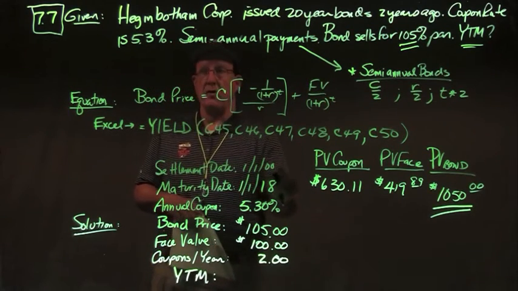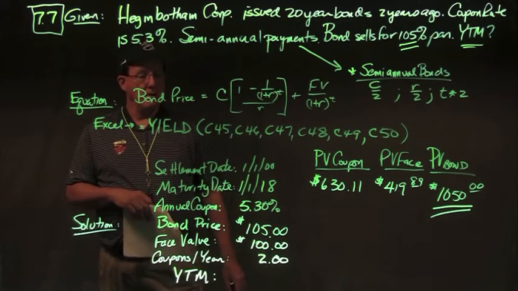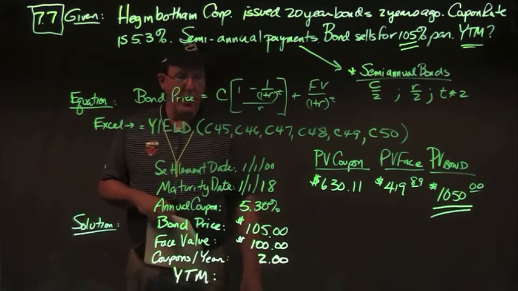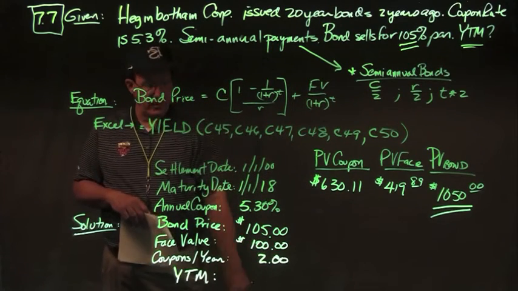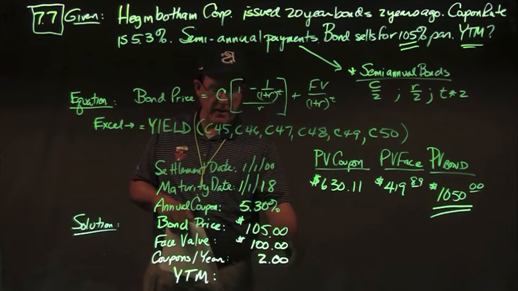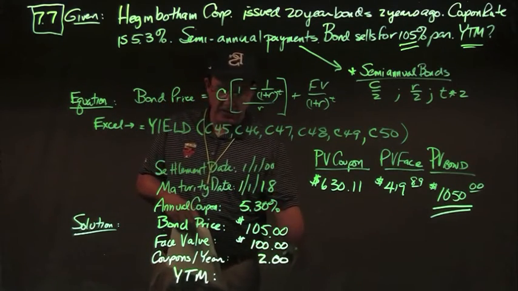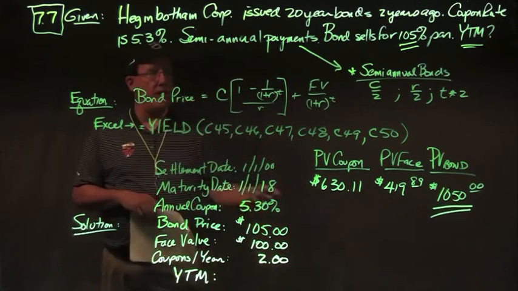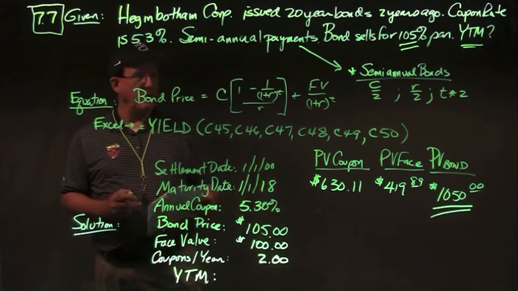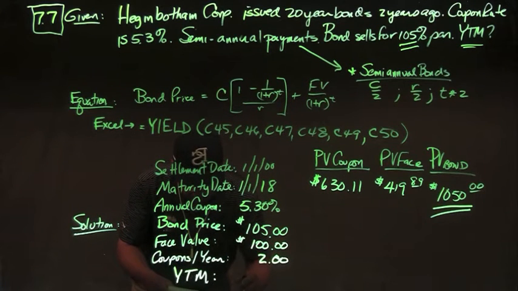Settlement date 1100, I just make that up. I select the maturity date 18 years later, so 1118. The annual coupon rate is 5.3%. The bond price is $1,050. We said 105% of par. Face value is $100, not $1,000 again, and the $1,050 breaks down to 105. So I put in 105 here because the syntax for the face value is 100 on a $1,000 bond. I divide it basically by 10. 2 coupons per year because we have a semi-annual payment scheme,